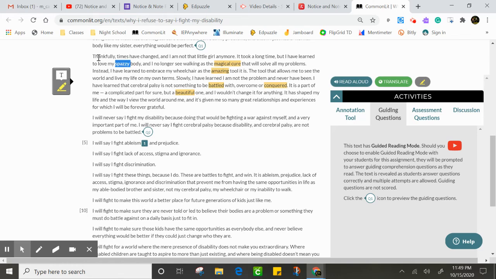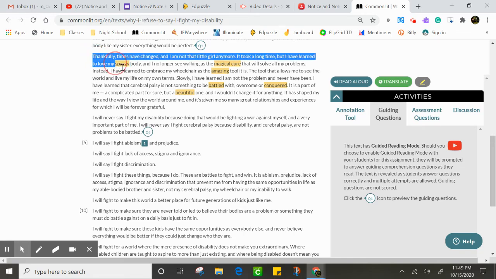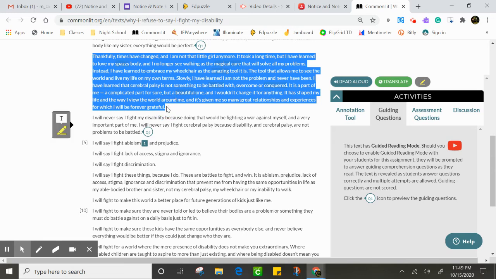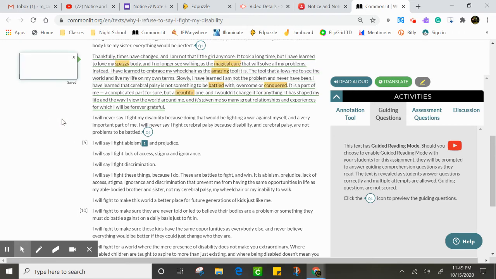But if I'm going to annotate them all for one paragraph and say I wanted to hit all of these, what I would then do is, instead of just highlighting one word to hit the annotation, I'm going to highlight the whole paragraph. So that way, whoever's looking at this, or even I going back to it, know that this annotation that I'm about to put in for extreme language is for all of the words that I've highlighted in orange that are in that